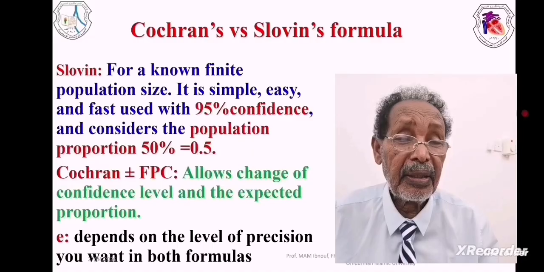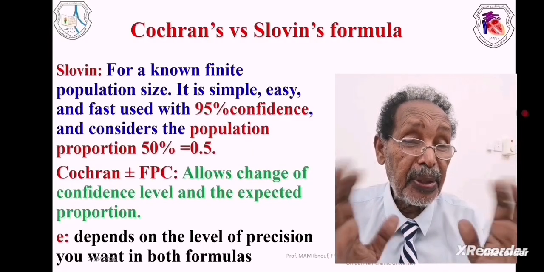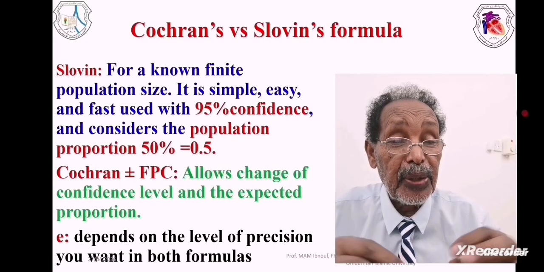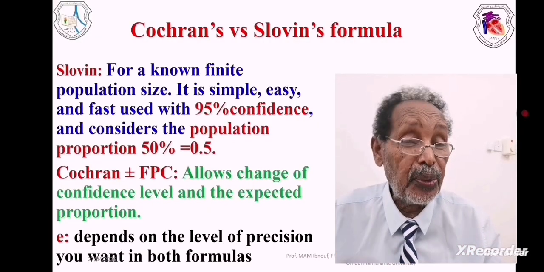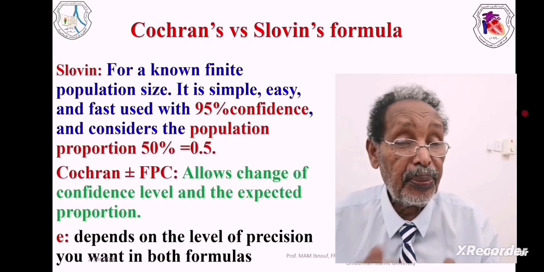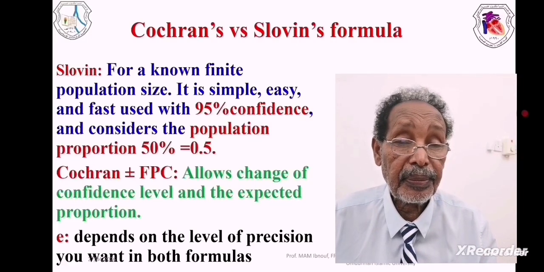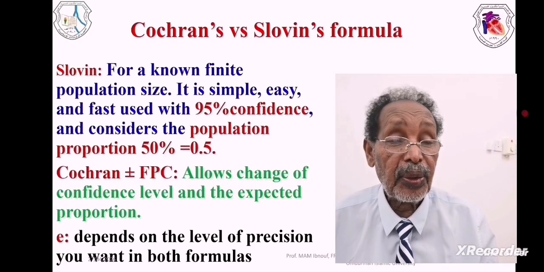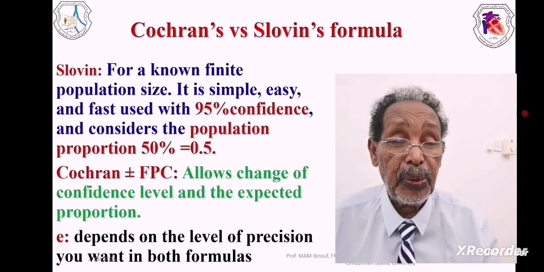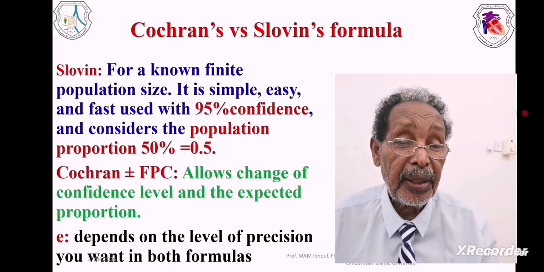It is fast. It is based on 95% confidence, although it is not written on it. And it is based on a population proportion of 50%, although it is not written on it. Okay, this is from the statistical literature. On the other hand, the Cochran's formula, with or without finite population correction, allows you to change the confidence level. In the Slovin, you cannot change the confidence level. It is fixed,